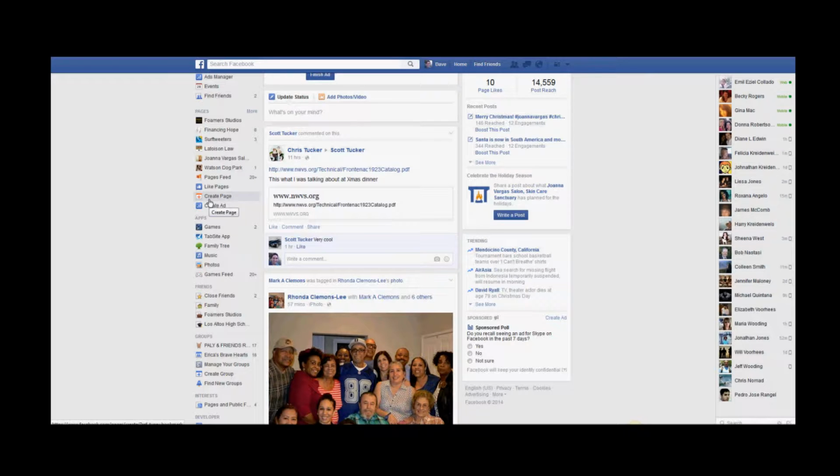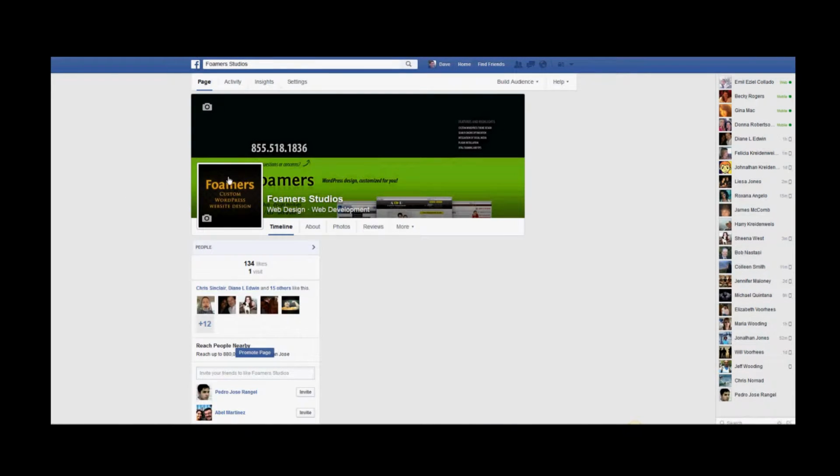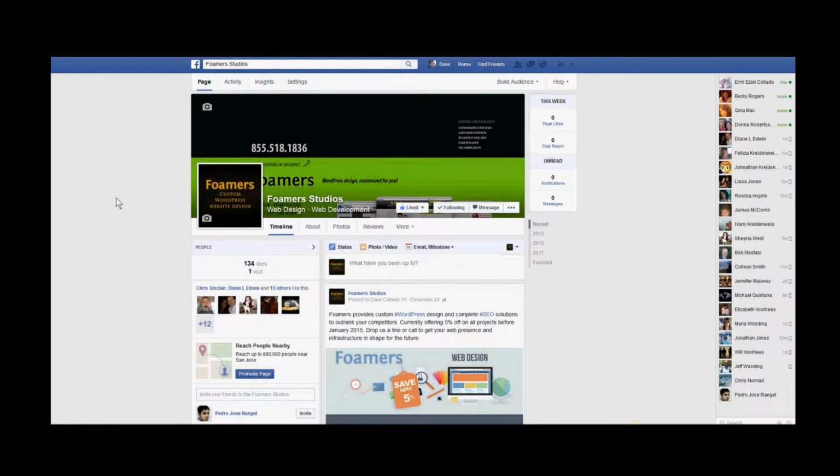If you already have a Facebook page set up for your business, you're going to go to your main Facebook personal timeline here, and on the left-hand side, you have all the pages that you manage. In this case, we're going to click on Fulmer's just to give you an example. And once you get to your page here, you'll see that on the very top right-hand side, it says Build an Audience. We're going to click on Build an Audience, and you're going to get a drop-down menu, and you'll notice that in the drop-down menu it says Use Ads Manager,